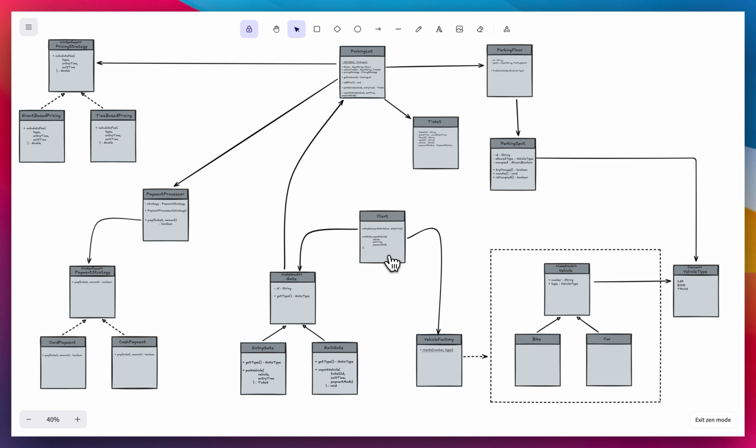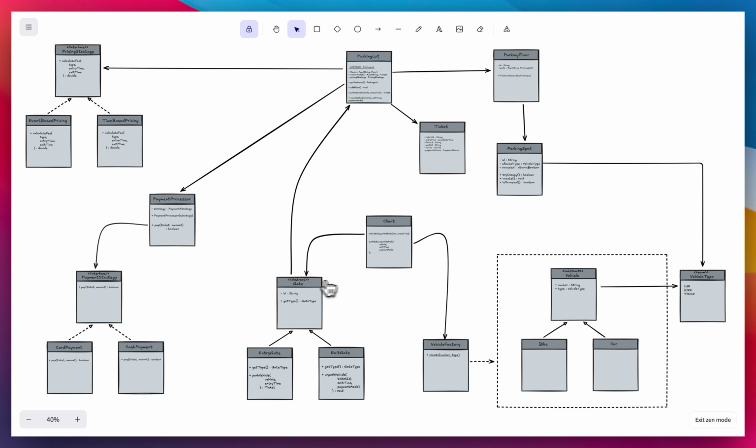Regarding the unpark vehicle, again, client will interact with the exit gate. This exit gate has the unpark vehicle function. The logic of that function lies in the parking lot. And for unparking the vehicle, we have to do several things. The first is we have to calculate the fees of the vehicle. So this parking lot will first interact with the pricing strategy. Okay, so it will first calculate the fees,